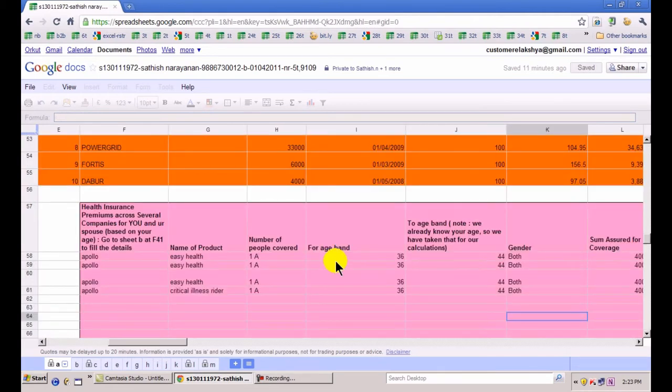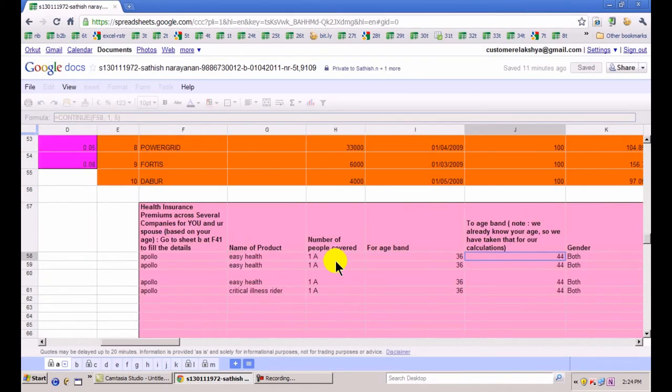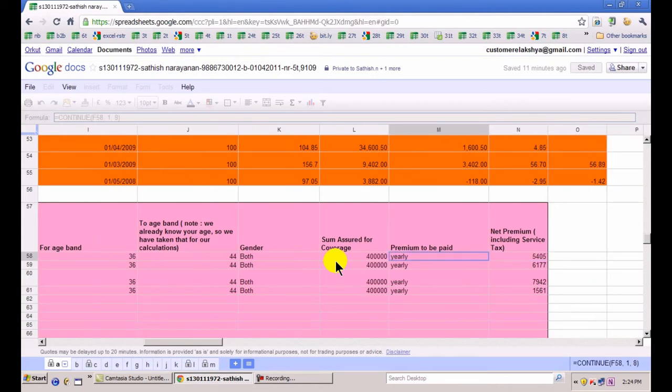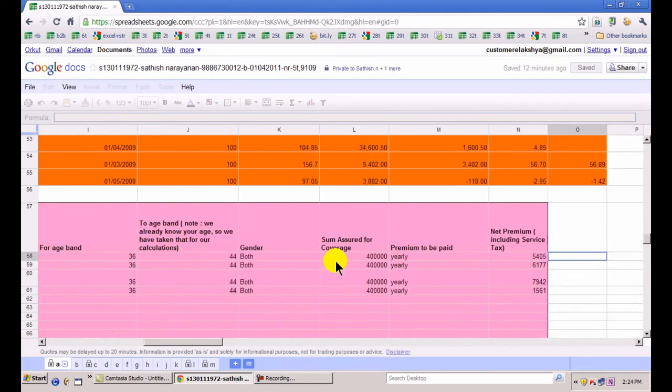Point number 9. It is your personal assistant, especially of course for your financial planning, as well as if you're talking about products like health insurance or vehicle insurance or overseas travel insurance. It does not ask you for your age or your other particulars or investment. It automatically gives out the results. You can see in sheet A the results. For your age, the age pertaining to you, for so and so company, this is the premium amount. And please remember that the premium amount is updated to the last minute as far as the website of the various health insurance companies is concerned. So the data is absolutely live and up to date. If Apollo Munich decides to change its health insurance rate in its website, that will get reflected in your premium amount. So this is updated information.